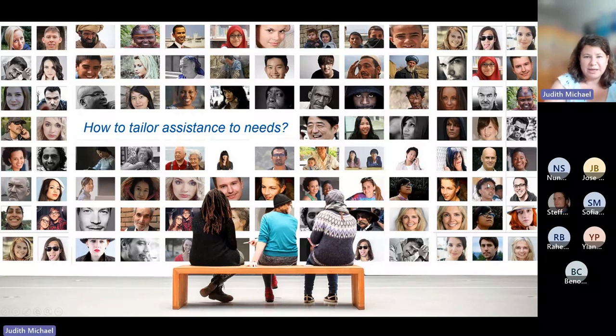Now, coming to an end, there might be a lot of open questions. One of them is, how could we tailor such assistance now to specific needs? Because we haven't seen what the different kinds of users in such a system are able to do. This is one of the areas we also want to do more research in future, but there are a lot of different areas where it's also interesting.